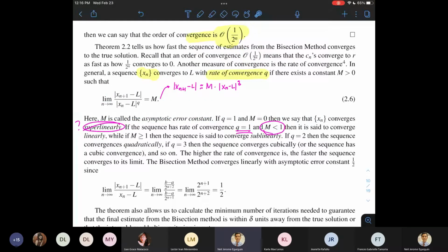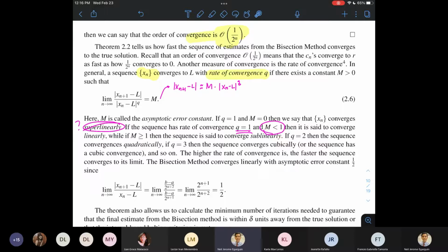So it's just a matter of style and preference ng author. In this case, I prefer to call this the order and Q to be the rate. Pero yung ibang authors, pinagbabaliktad nila yung tawag sa kanila. It's not a big deal. I will not penalize you kung mabaliktad yon. Pero I hope we understand what we are